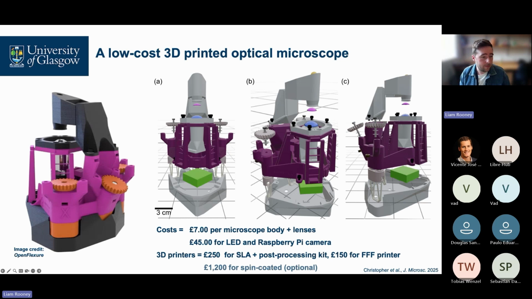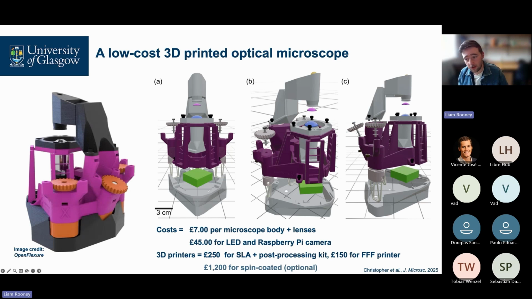And basically, it's a 3D printed microscope body, but the optics in the existing system are commercial, and that is a limitation due to restrictions around the supply chain. So we reasoned, why can't we build on this platform that already exists and has been proven, but exchange it so that they have not only a 3D printed microscope body, but also the optics within the microscope are 3D printed as well. So a schematic is shown here where we have a 3D printed objective lens, we have a